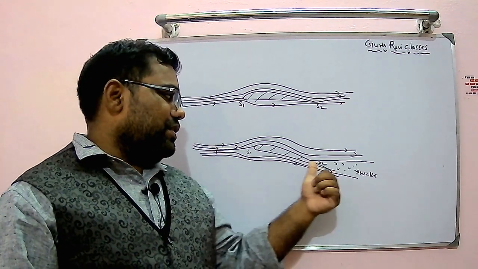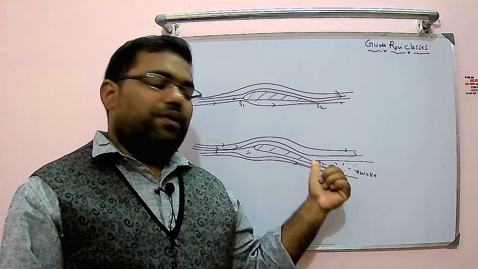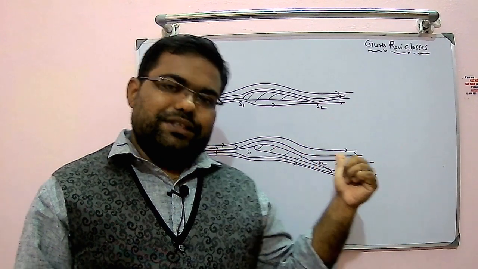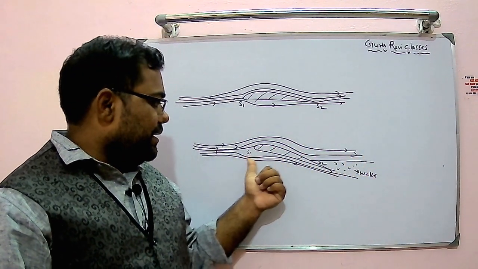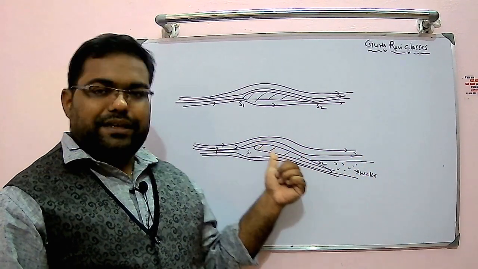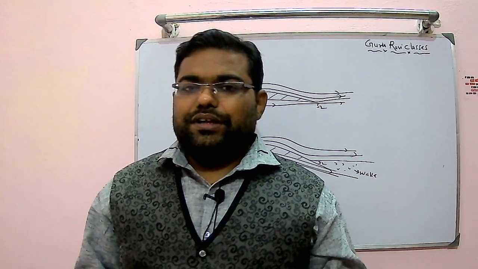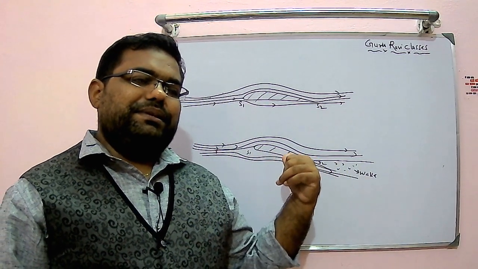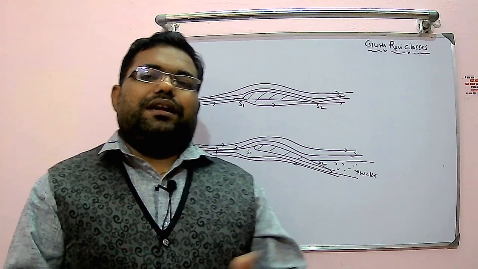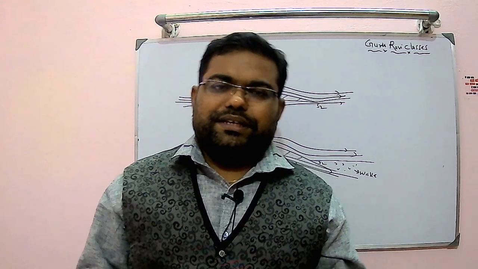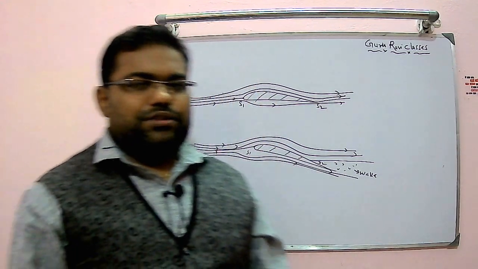So the rear stagnation point is moving up. It will keep on moving. If you are reaching near the stalling angle of attack, at that time what will happen? The rear stagnation point will be somewhere near the leading edge. If that happens, your flow will separate from the leading edge immediately after the leading edge, and you will have a larger area of separated flow and will not be able to generate sufficient lift. So drag will be more.